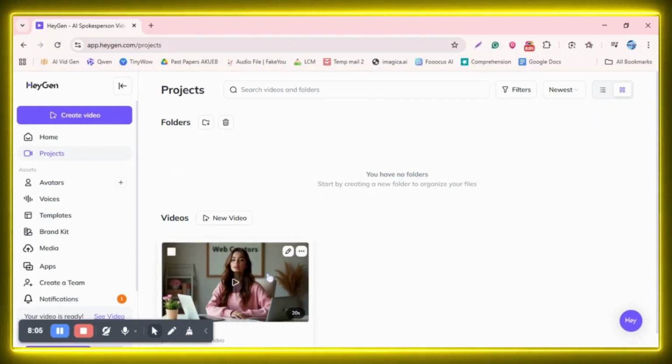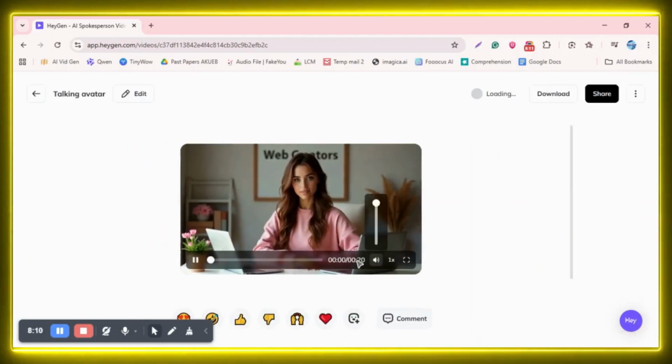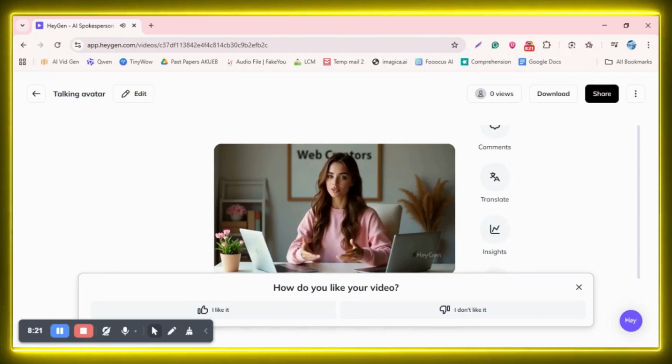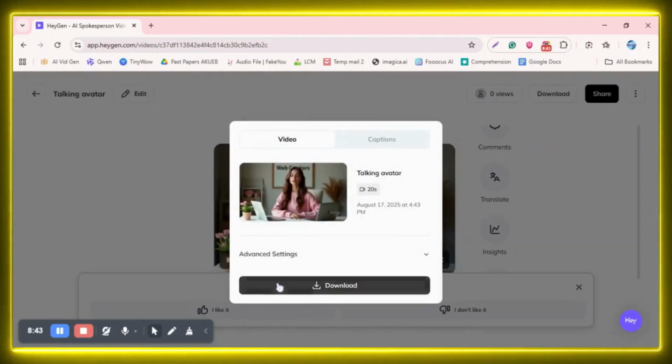So now our avatar has been created. Let's go check it out. So as you can see, that was awesome. Now you can click on download if you want to download it, and you can share it from here. And there are multiple options you can choose from. Now let's download it and click on download,